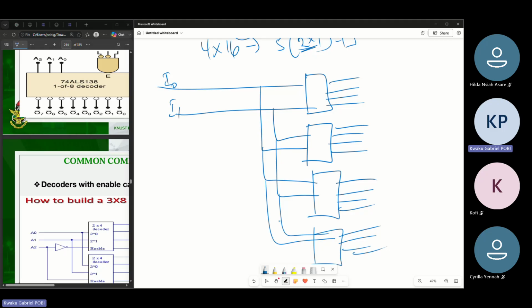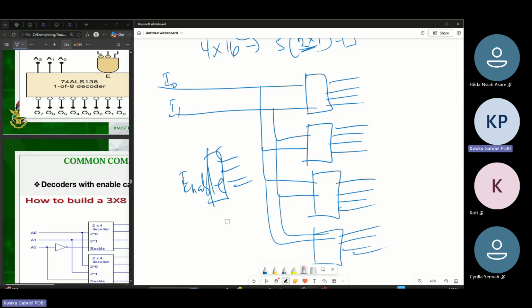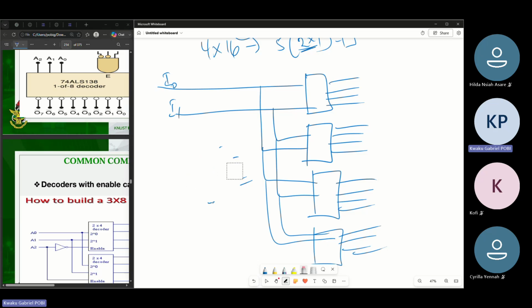That's how we implement it in a way. So you think of how to get the enable for this. But then we are saying that we are going to need 5 of them. So where is the last one? Maybe I can put the last one here. Right. So if I put the last one somewhere here,